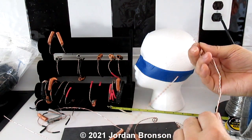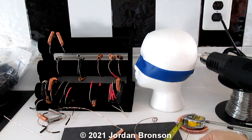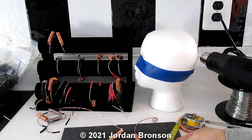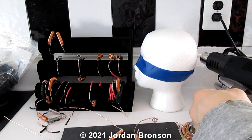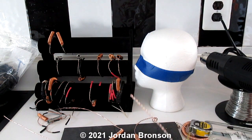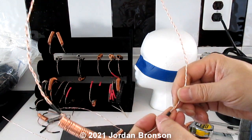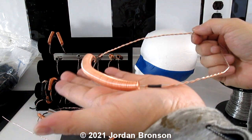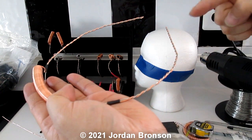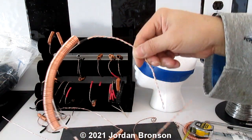Okay? Now if you measure this, let's see. It's about close to 7.5. So I need to make it about 7.5 as well, right over here. So right around here. Okay? So about 7.5 for me. But measure your neck first before you cut, okay? Then, because this is standing upward, we want to curl this downward. So all you do is when it's straight, like this,